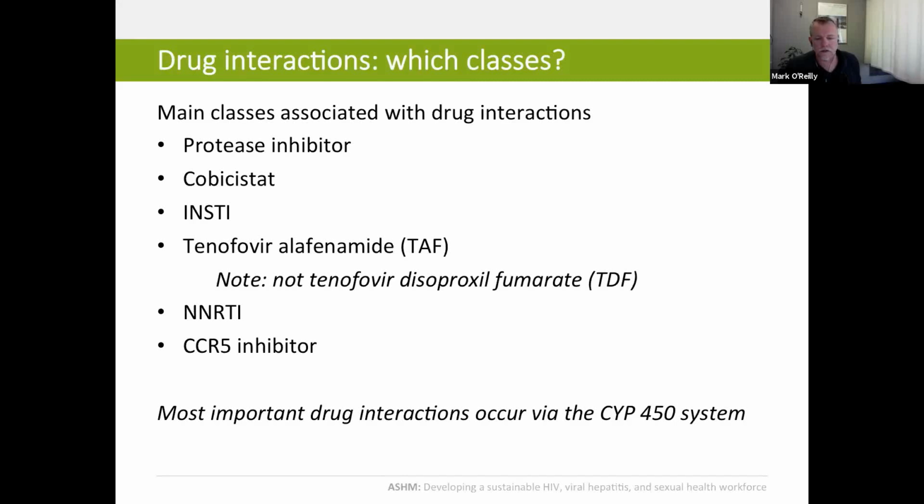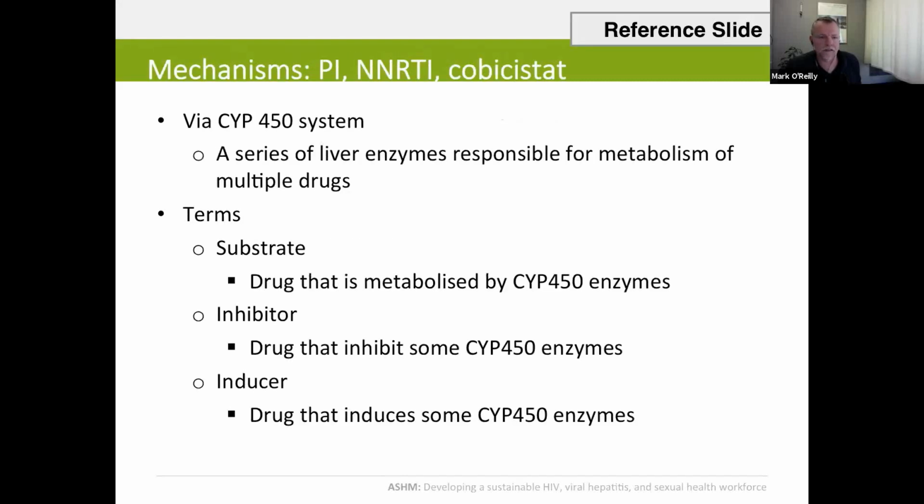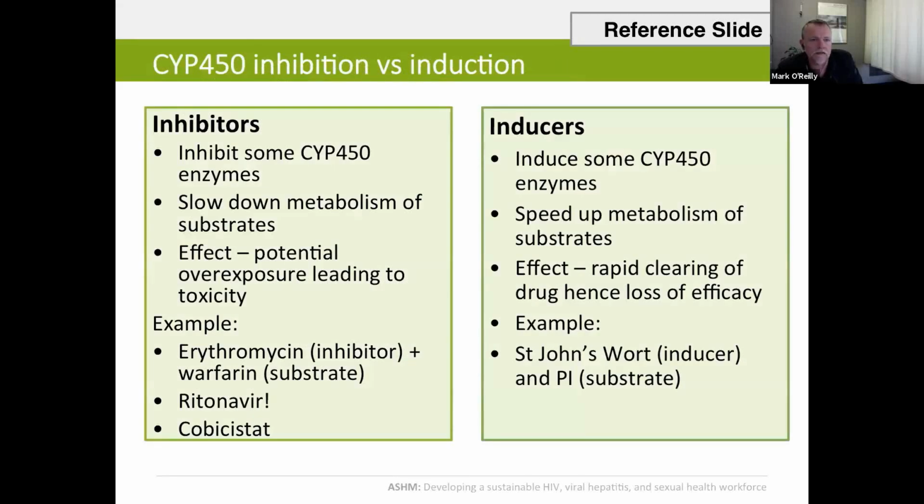Most important drug interactions occur via the CYP P450 liver enzyme system. So in terms of the mechanism of drug-drug interactions with the PIs, the NNRTIs and cobicistat, it's via the liver enzyme, the CYP P450 system. These are a series of liver enzymes responsible for metabolism of multiple drugs. I won't go through this slide again, it's here for your reference, but worth looking at so that you understand the mechanism of the potential drug-drug interactions. Again, this is included as a reference slide so you understand the difference between P450 enzyme inhibitors and inducers and